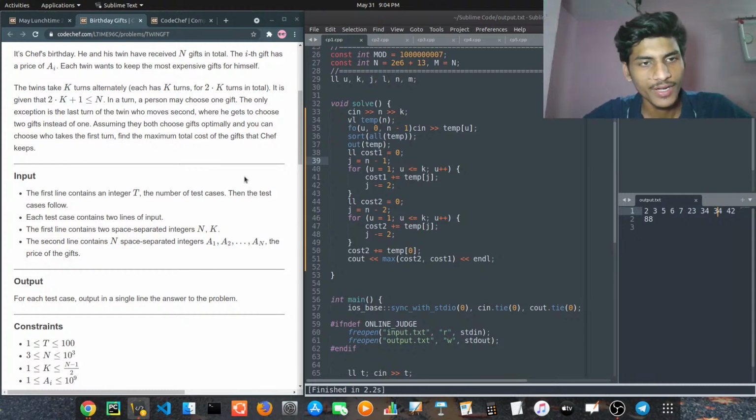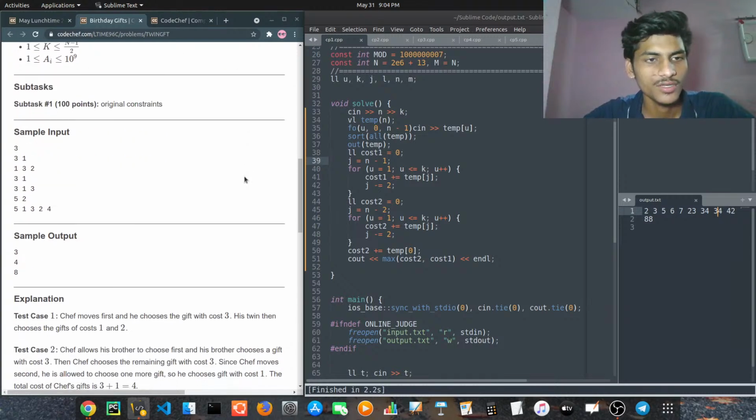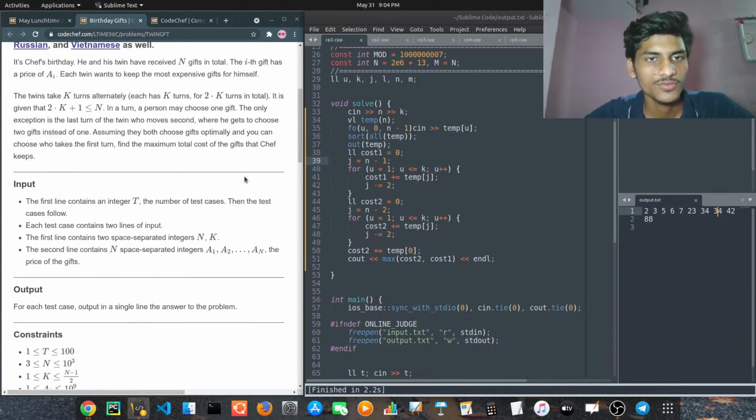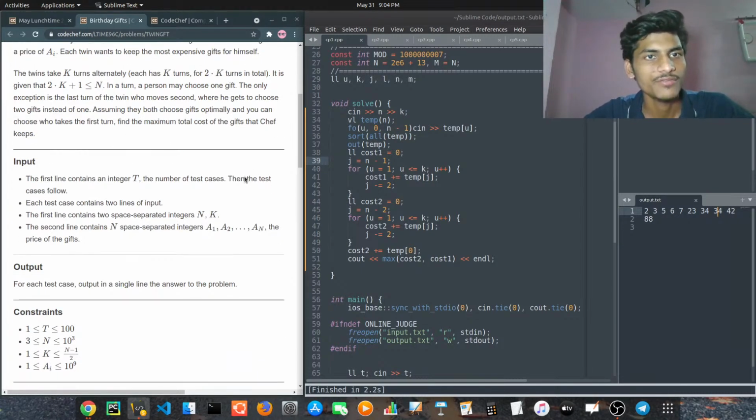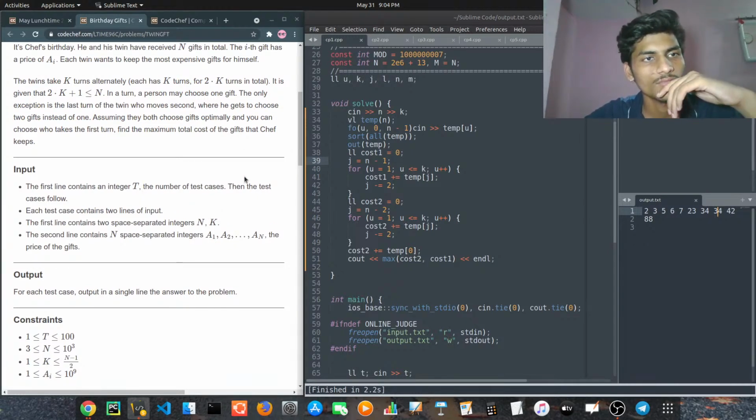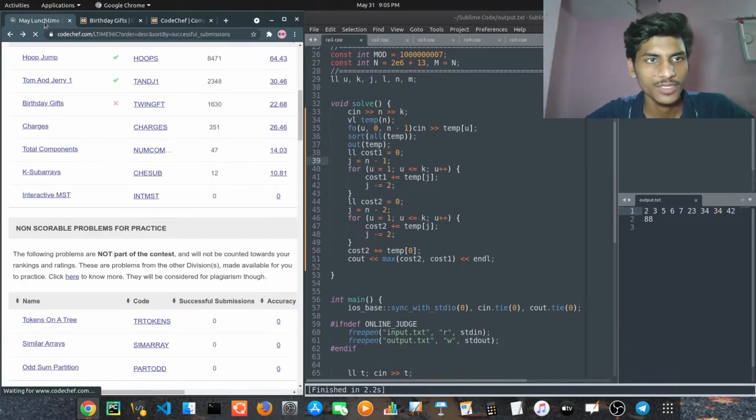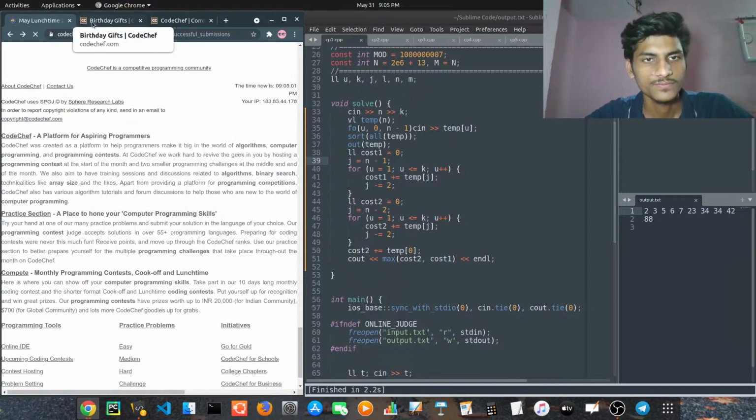Actually, his friend is also going to take the optimal prices because he also wants to win, means also wants to get the highest price gift. So each twin wants to keep the most expensive gift for himself. That's why,